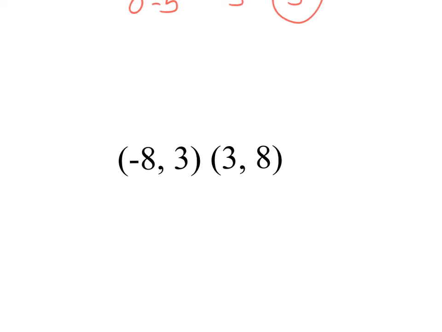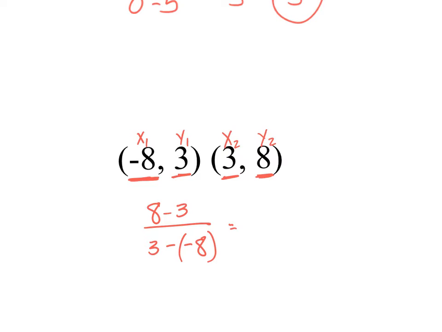Again, I'm going to first start by listing my x1, y1, x2, y2. And the formula is y2 minus y1 over x2 minus x1. Now, x1 is negative 8, so I need to put negative 8. Okay? And if it's going to help you, put that in parentheses. Now, 8 minus 3 is 5. Now, on your calculator, you can go 3 minus negative 8, or you remember minus a negative is the same as add the